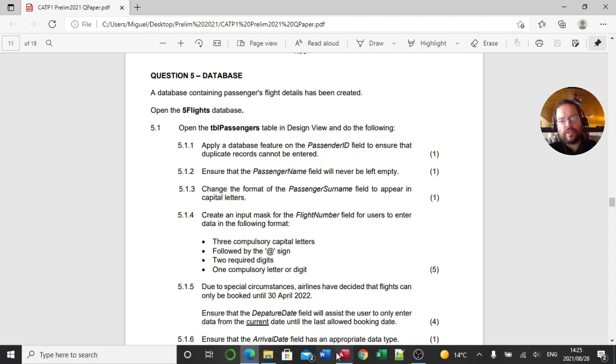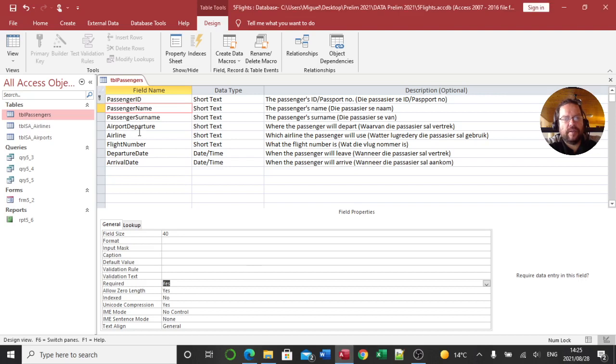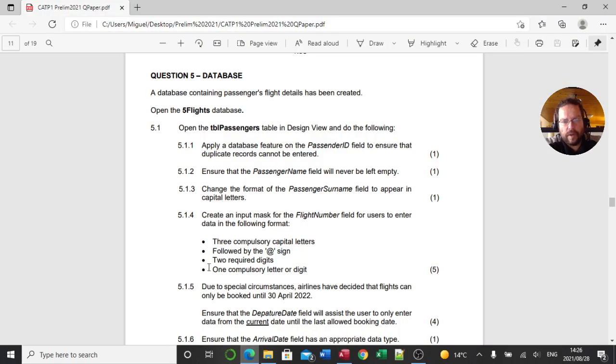So what we're going to do is go into the database. Remember to select the correct field now. And here under format, we know what symbol we need to use when we want to make capital letters when we're using the input mask. It's exactly the same thing, so it's shift and then the greater than symbol. There we go. And that there will make sure that whatever we type into that particular field will automatically be in capitals. Okay, so that was 5.1.3. Now we're looking at